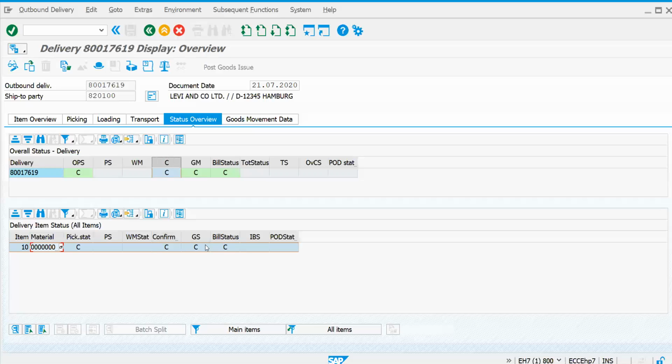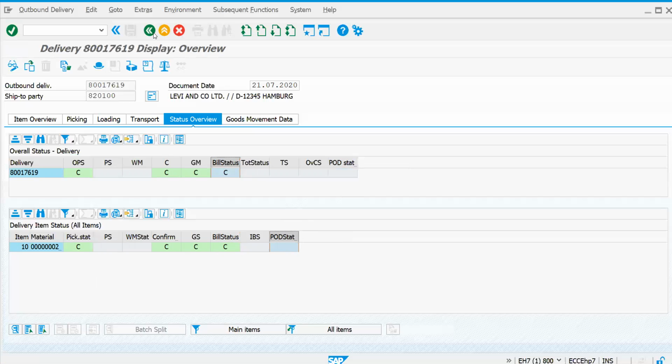More reasonably, you can look into whether goods issue is completely done, or else it's supposed to be in A status, or billing is supposed to be created. Like that, you will get to know that. In a similar manner, there is something called proof of delivery. This is one kind of concept. I will get into that before, but let's try to understand these statuses first.